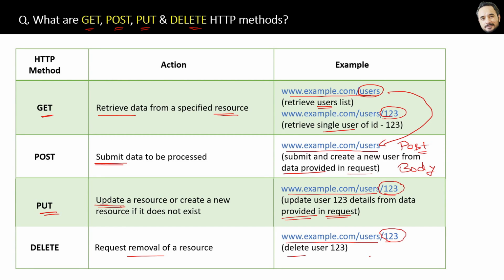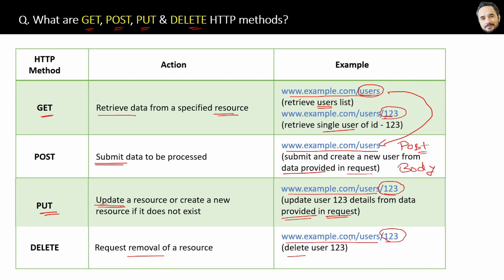And if you look closely here, the URL can be the same. You can see the URL can be the same for the two requests, but the action method is different. So always the action will be taken based on the URL plus action method combined. The URL alone can't decide the action.